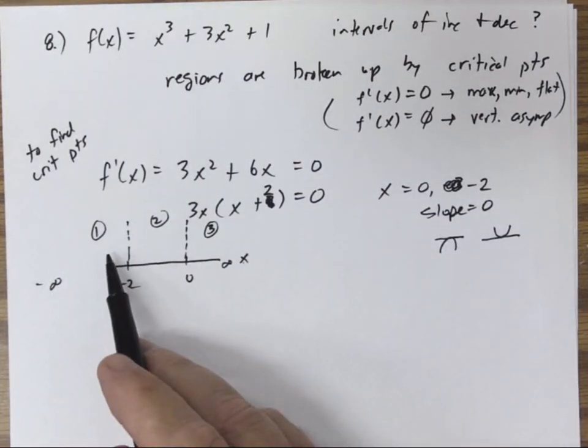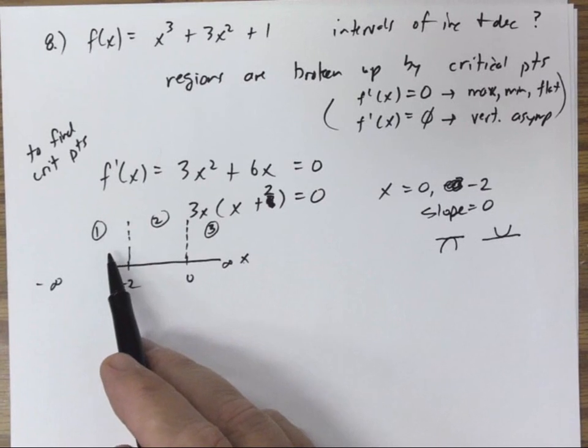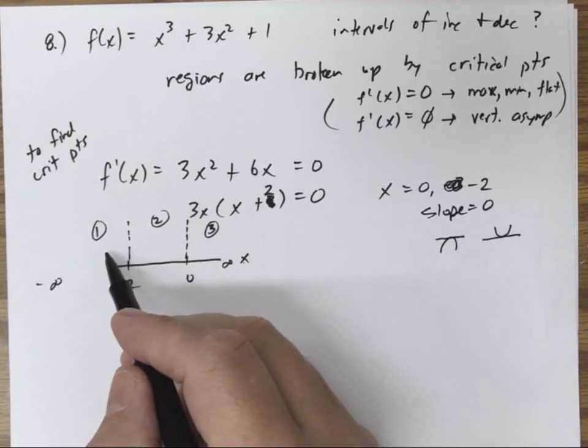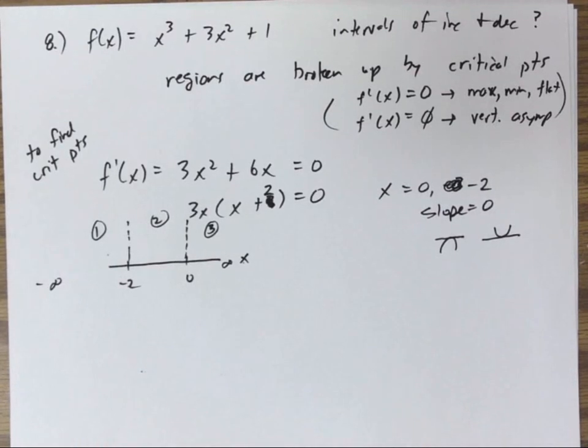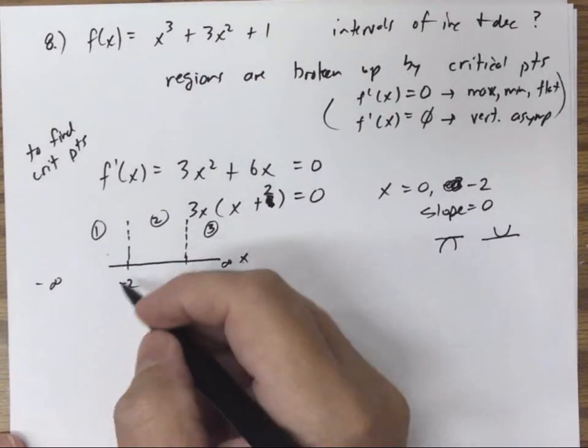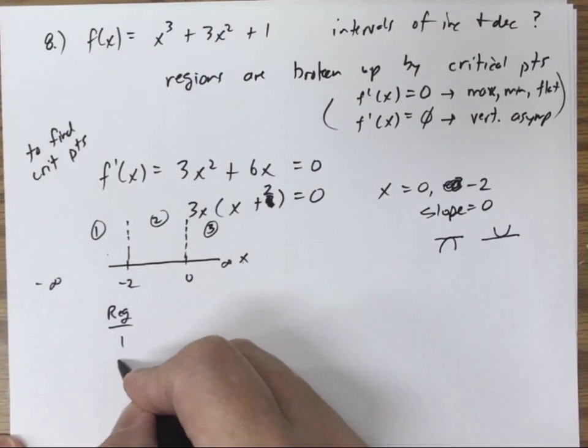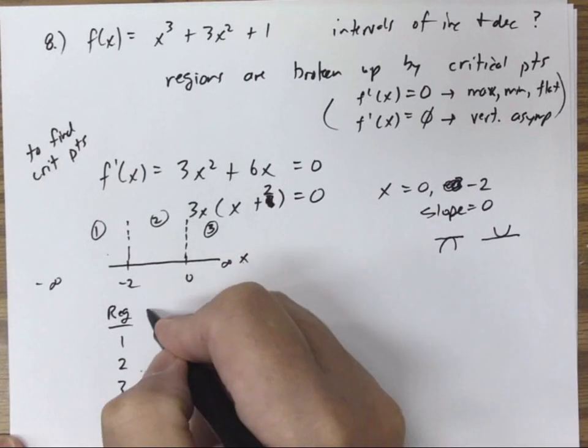Now inside of each region, it's either going to be increasing or decreasing. I don't know which it is, but I know inside the region it cannot change. The whole region has to be the same. Now the way I like to do it is to make a little sign chart here, pretty simple. In this case there are 3 regions,